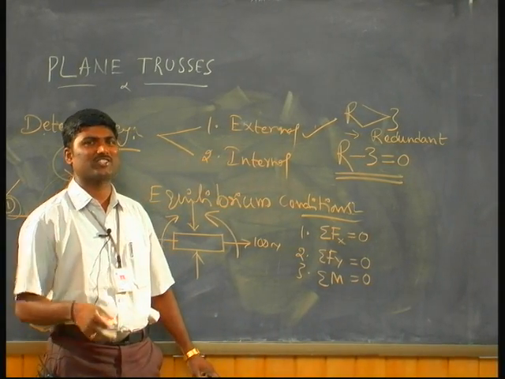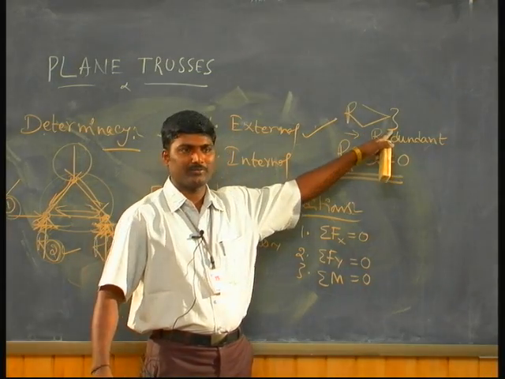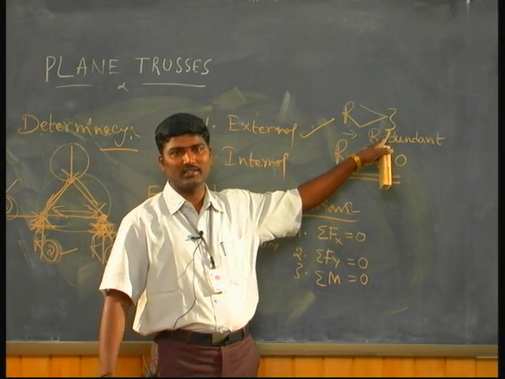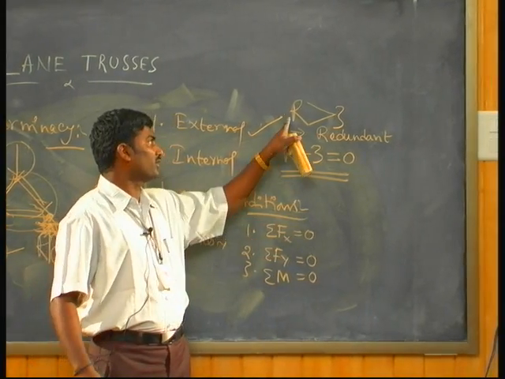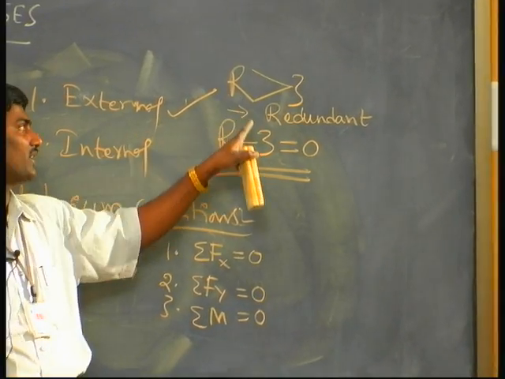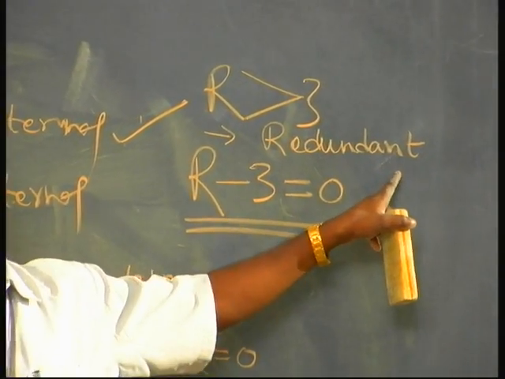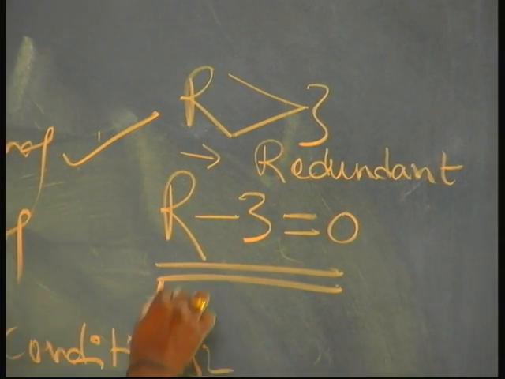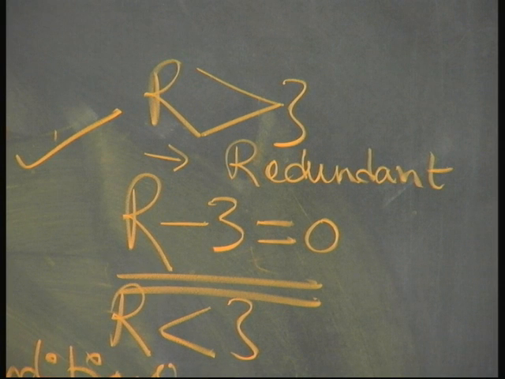Redundant means you have extra supports, extra reactions more than 3. Equilibrium conditions are 3 only, so if your reactions are more than 3, that is why you can't determine them, that is why it is indeterminate, or by the other name, a redundant structure. If the reactions are less than 3, let us say 2 reactions,